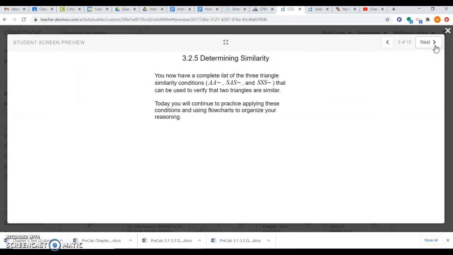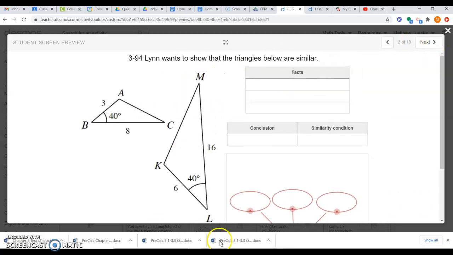All right, here is the video guide for lesson 3.2.5, focusing back on similarity and creating flowcharts to determine if two triangles have similarity, meeting our now three conditions: angle, angle, side, or side, side, that side being developed in lesson 3.2.4. Okay, now we have a pretty short lesson here, and it doesn't really introduce anything new. We just need to make sure that we're putting the facts in, drawing the right conclusions, and using the right